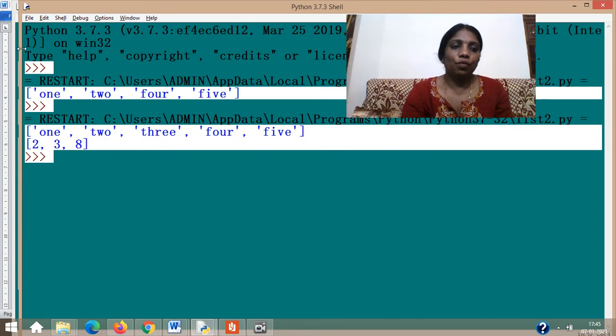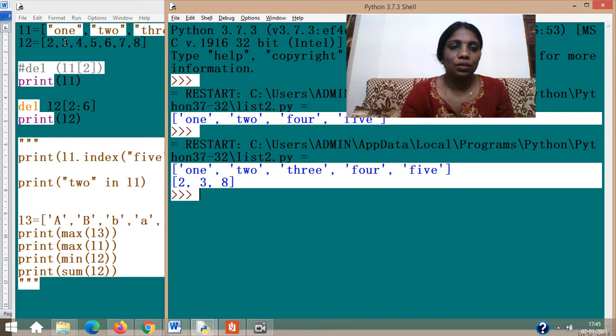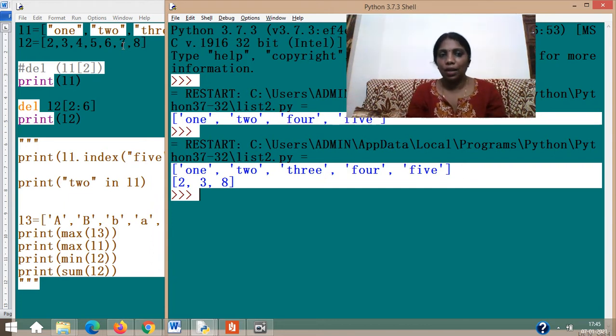See? If you want, you can check how it is done. See, 2, 3, then 8 came. So from here, 0, 1, 2: 2 gone, 3 gone, 4 gone, and 5 gone. So 8 is still remaining. So del can remove the entire list, a particular value from the list, or a set of values from the list. That is more convenient than what we just learned in the functions, isn't it?